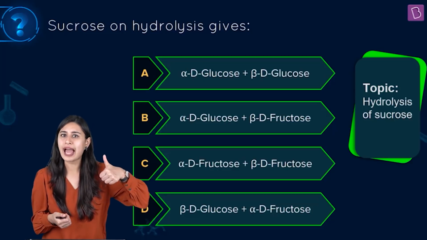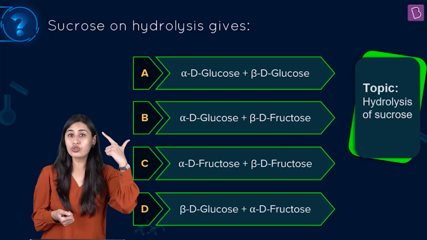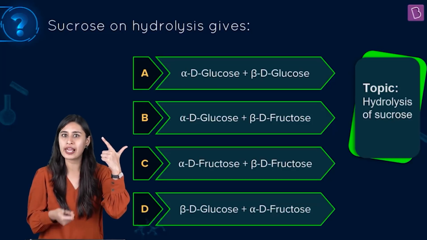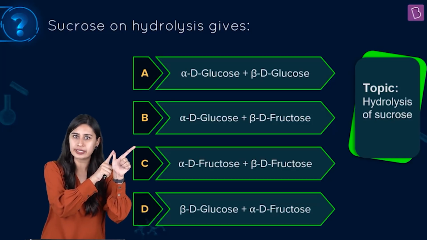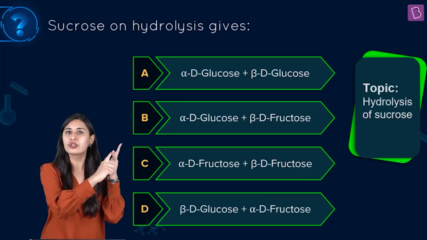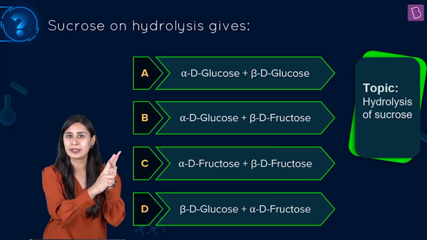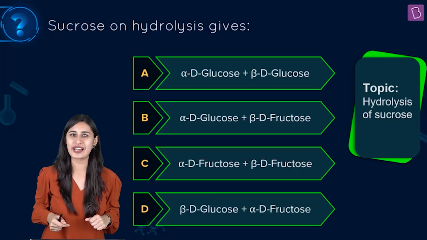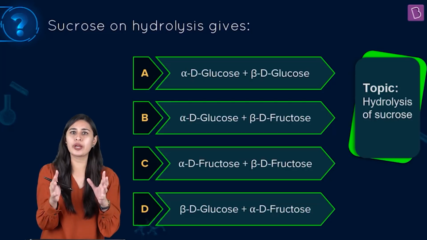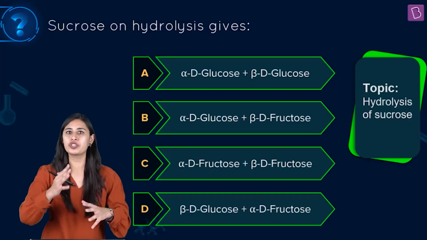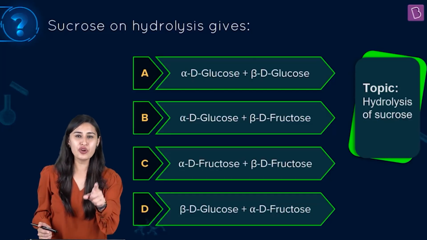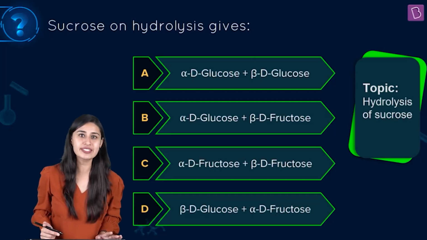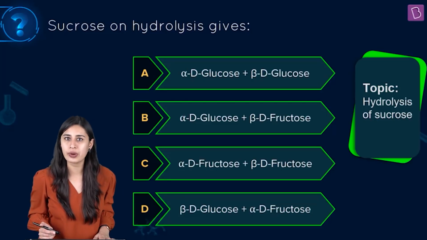So you should know what is capital D and capital L. You should also know what is small d and small l and how is it different from capital D and capital L. Then you should also know what is alpha and beta. And if you know all these 3 things, you will see that this question is a child's play. And if any language, any different form or a trap is set by an examiner, you will not fall into it. So let's see the nitty-gritties of the question.